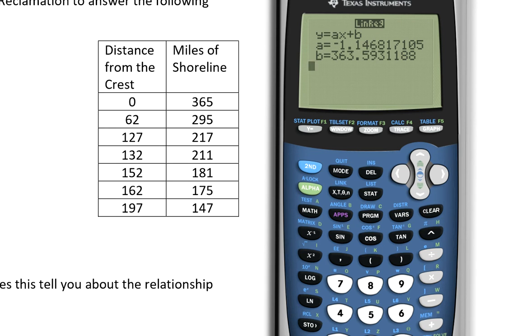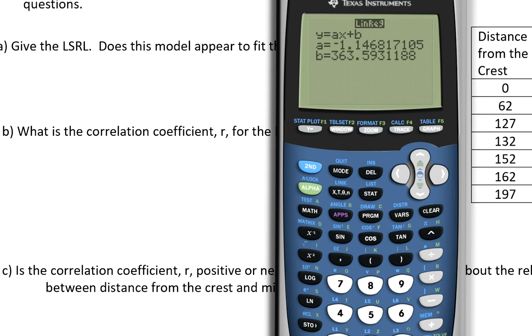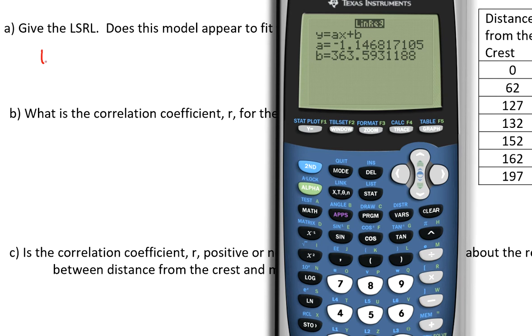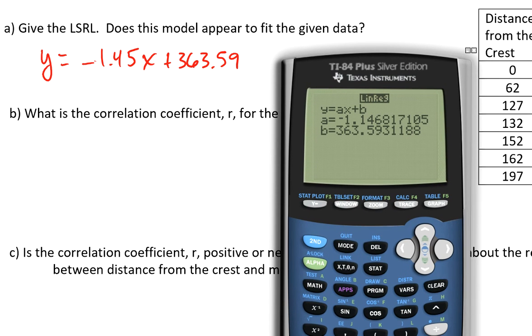And it just came up with an equation that is attempting to fit this data, right? The equation of the line of best fit, the least square regression line that I have here, and I'm going to round these values, is y equals negative 1.45x plus 363.59. So this is the linear model that we have, and it asks, does this model appear to fit the